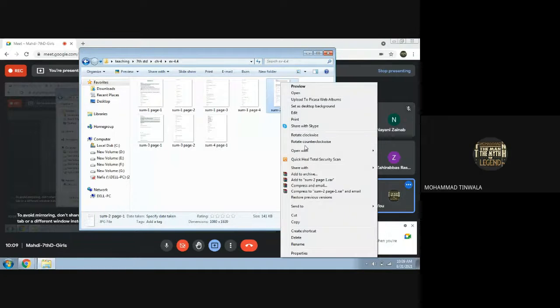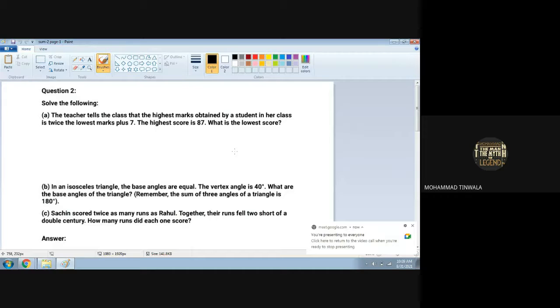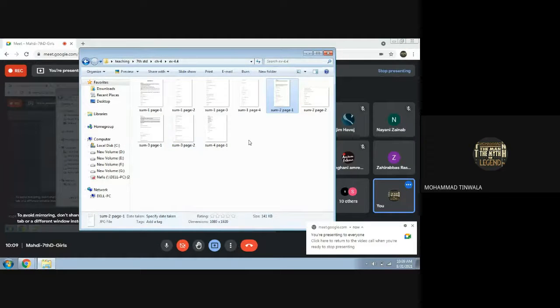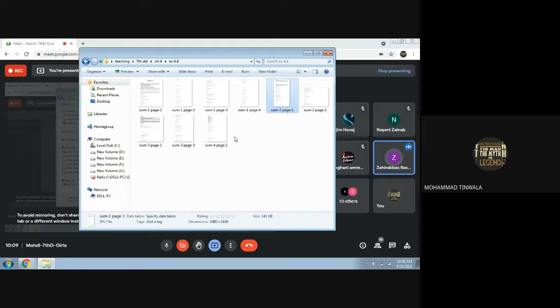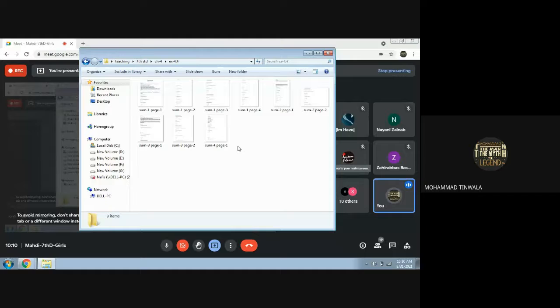Question number 2. Now the problems are given, we have to solve those sums. Do one thing, questions 2, 3, 4, only 3 questions are left from this chapter. We are going to do this in our next lecture. Okay? Yes, sir. All right, total questions will be over. This is the last exercise of the FA2 portion. So the last 3 sums we will do in our next lecture, then we will start our new chapter.